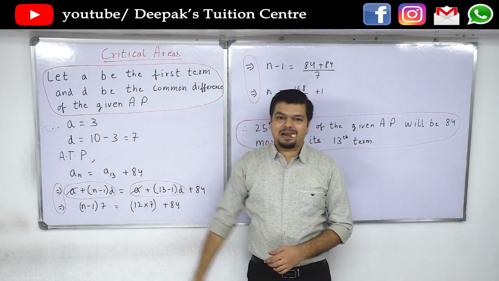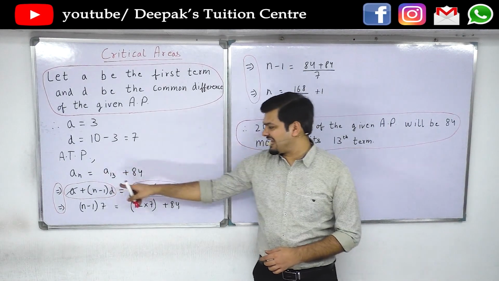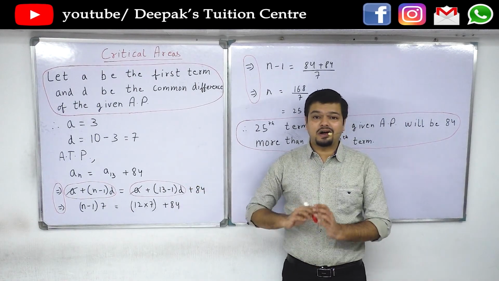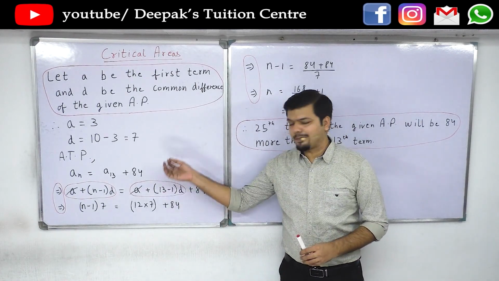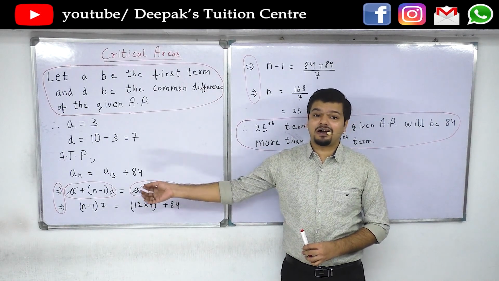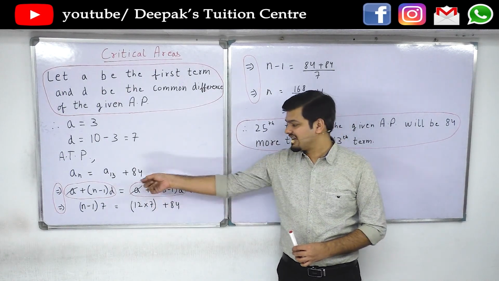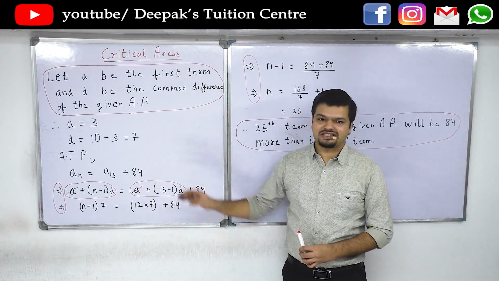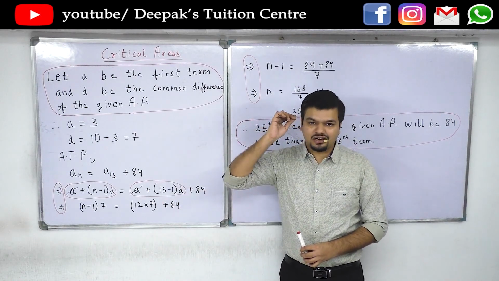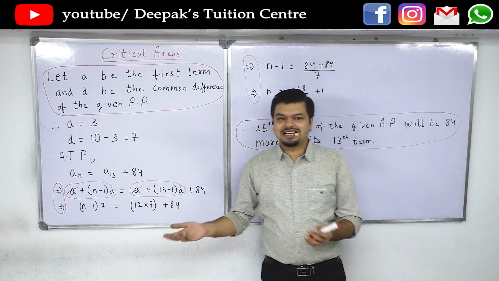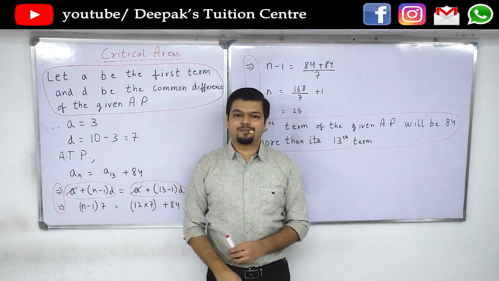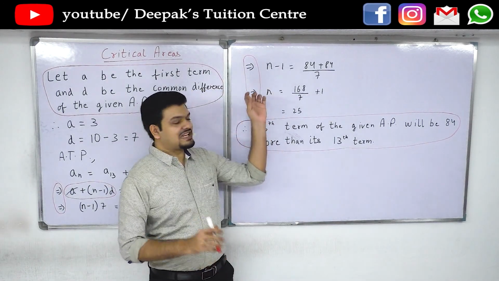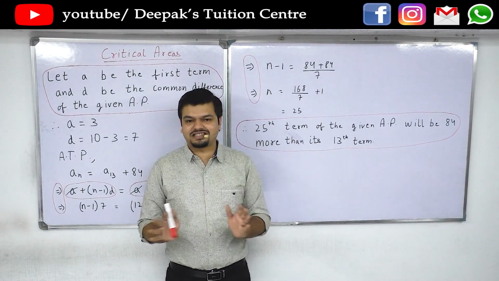Next, if you do not apply the formulas correctly, like while writing a13, you have just written 3 plus 12 into 7. Do not use too many shortcuts. Teacher might spare you, but he or she might not. So there is always a chance that he or she might cut your marks. So it is always better if you do not make those mistakes. Show the proper steps. If you have thought of a step, write it. As I always say, never forget which implies. Or you can also write hence, but whichever you choose, you have to write it. If you miss it, there is obviously a deduction of marks.